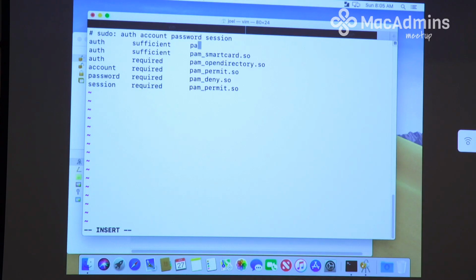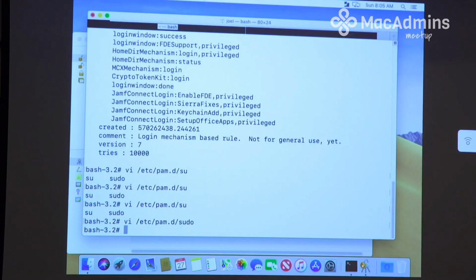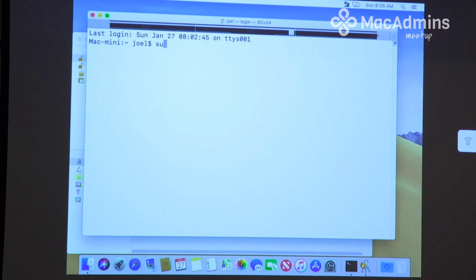And then pam_saml.so. You're missing M. Oh, thanks. Remember all my vi commands. Look at that. All right, and so now what will happen